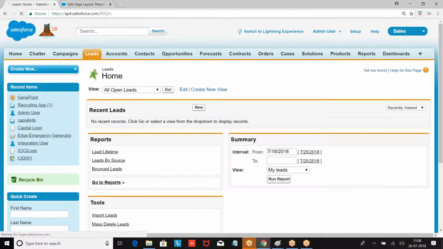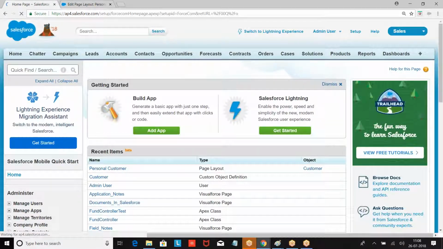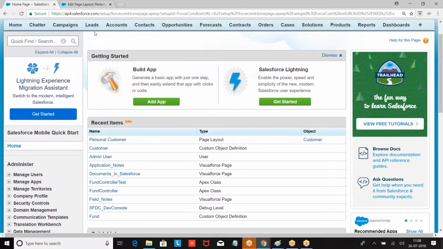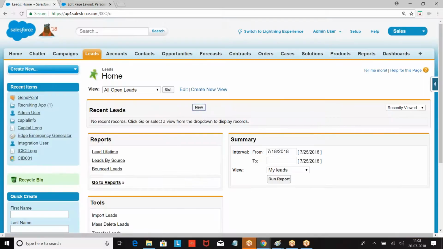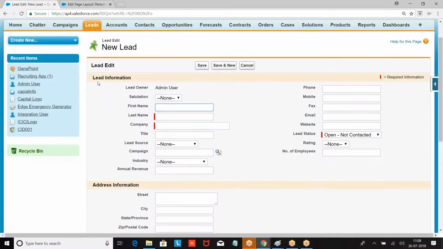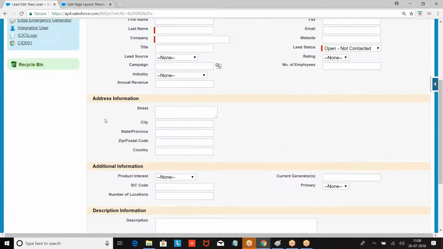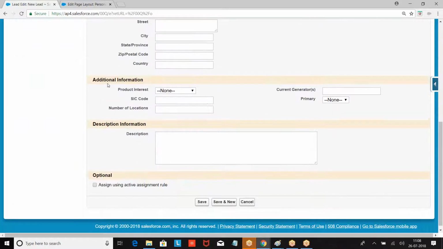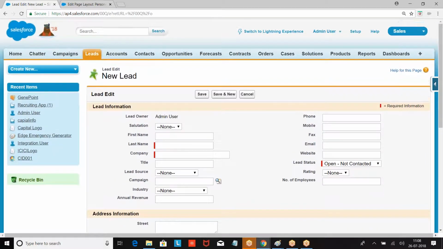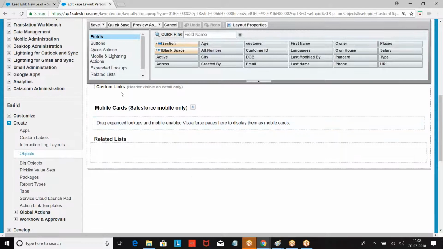When you click on new, you see lead information, address information, additional information. What are all these things called? Sections.